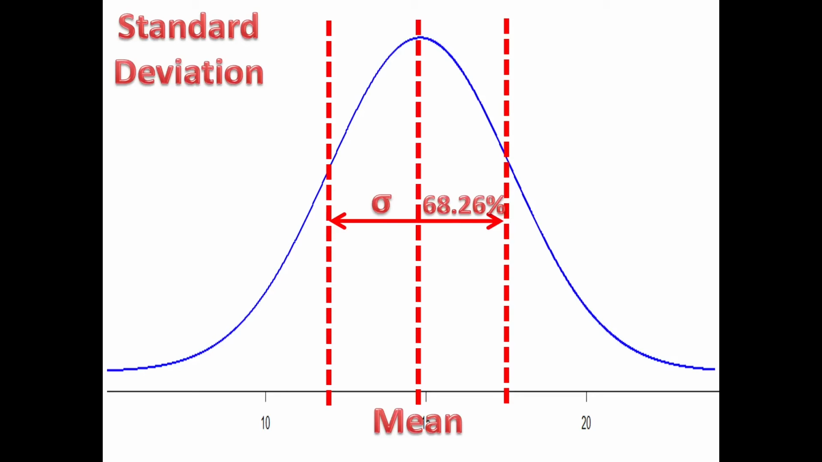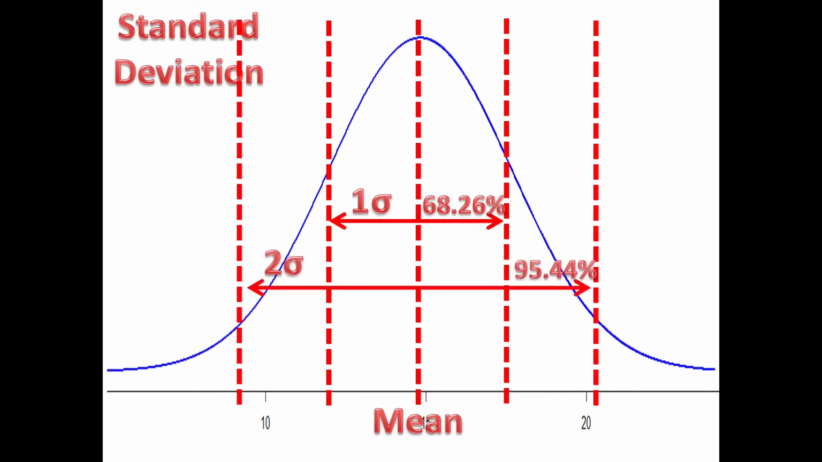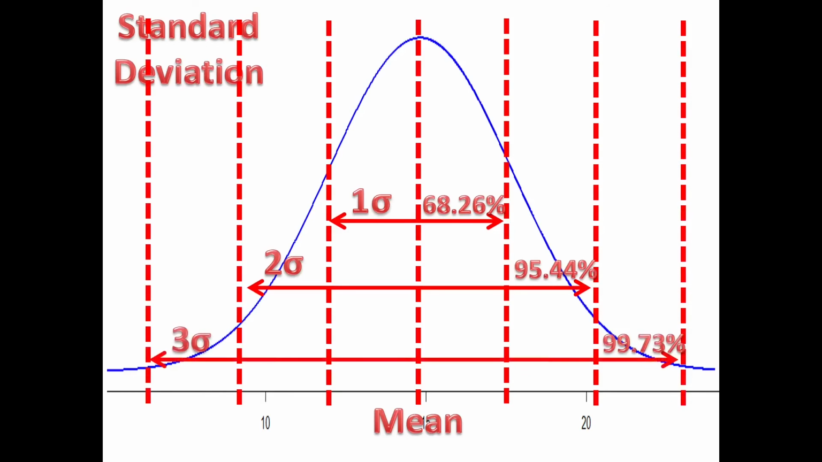So do you see how measuring just the mean is not descriptive enough to make a good decision? Well, what about the other 32% of the time? Well, 95.44% of your data will be within plus or minus 2 standard deviations, and 99.73% of the data will be within plus or minus 3 standard deviations. It's important to understand the concept of standard deviation. For example,